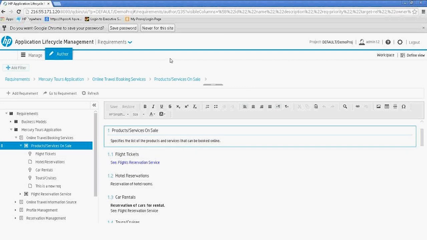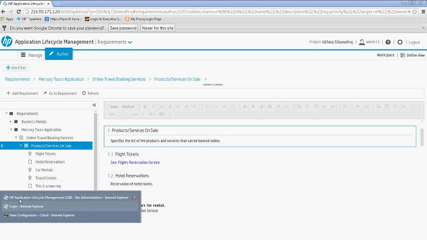So this new interface, right, this lack of dependency on IE, the author view, those are all some of the new features that are really trying to alleviate the handshake between the business and QA and get rid of some of that redundant documentation. So that's one example. If we move into the more traditional interface,